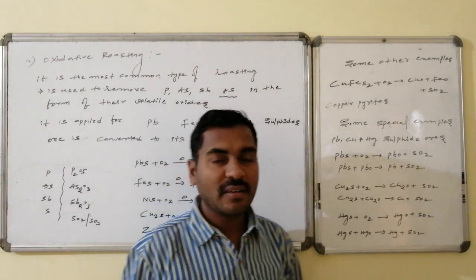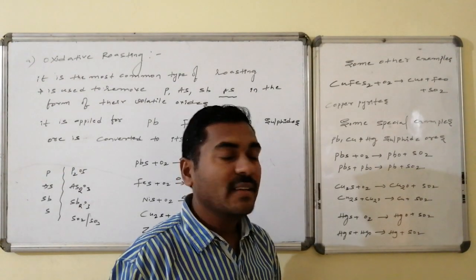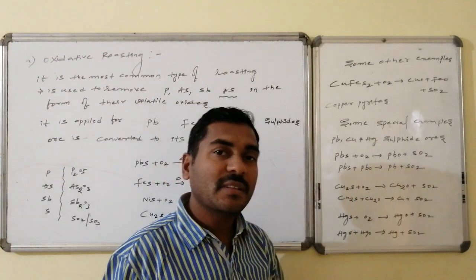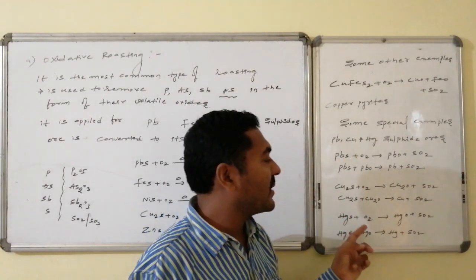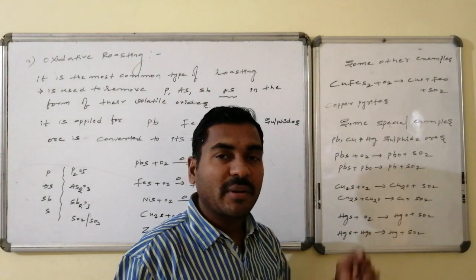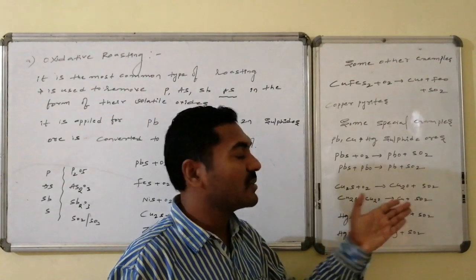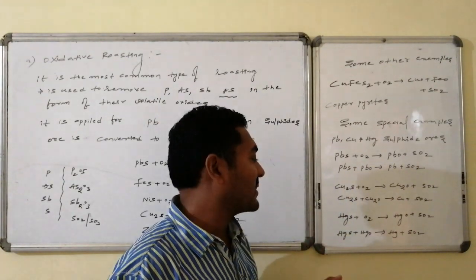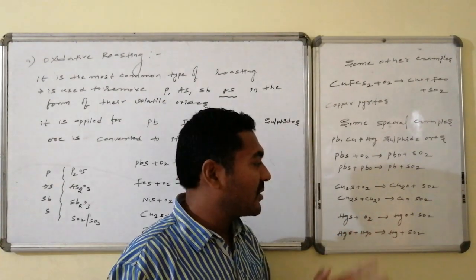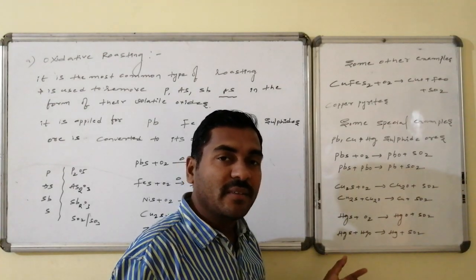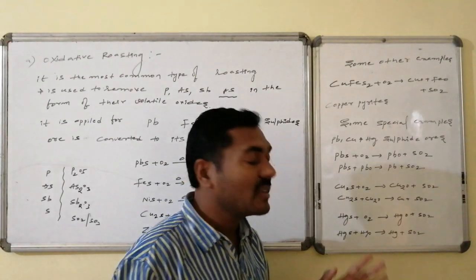Suppose lead sulfide is there. Lead sulfide under normal conditions is converted to lead oxide followed by sulfur dioxide. This formed lead oxide once again recombines with the lead sulfide and is converted to lead followed by sulfur dioxide. Similarly, copper sulfide, copper glance, on reaction with oxygen, copper oxide formation takes place. This copper oxide once again on combination with copper sulfide ore leads to the formation of copper followed by sulfur dioxide. Similarly, HgS is converted to HgO, that is mercuric oxide, followed by sulfur dioxide. This mercuric sulfide once again recombines with the mercuric oxide and leads to the formation of mercury plus sulfur dioxide.